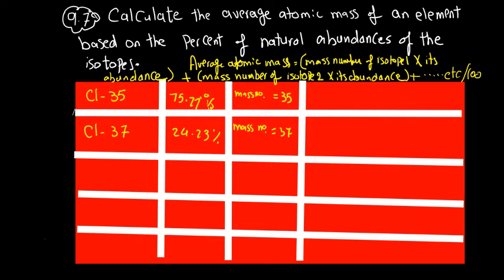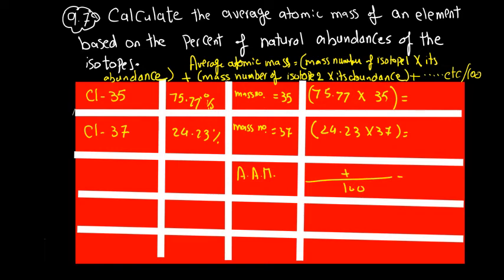So here I will write 75.77 multiply 35. Get this answer first, and then 24.23 multiply 37. Get this answer. Then to calculate average atomic mass, you are going to add the answers you got, divide by 100. So you are going to get the final answer. The answer of the first question after calculation is